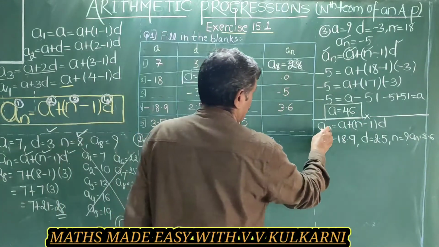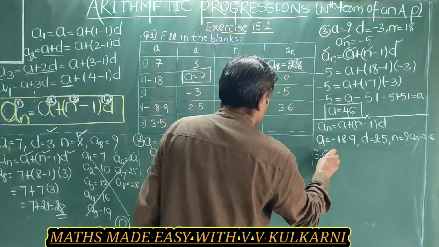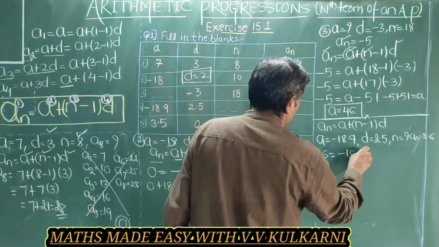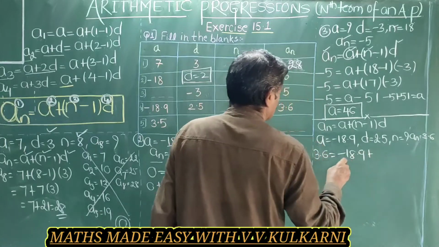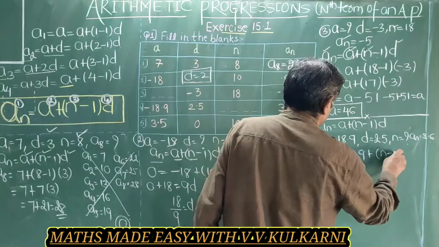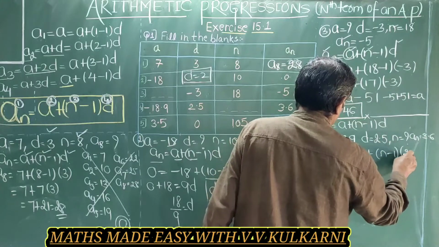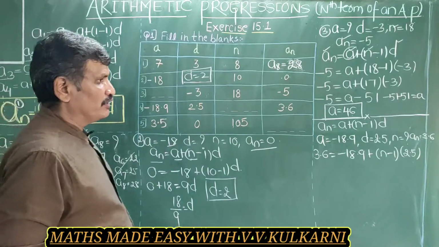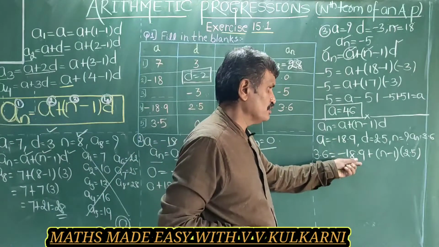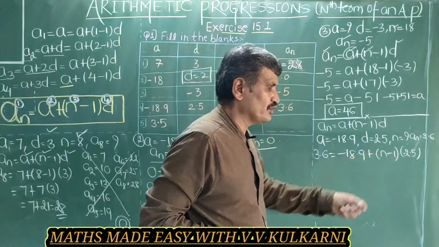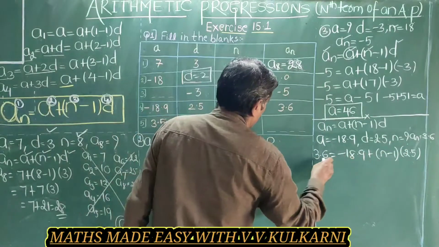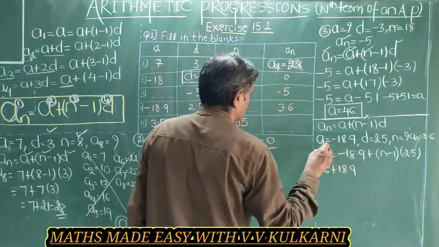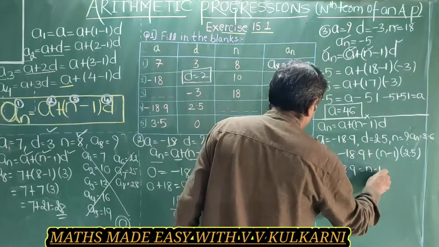The formula is an is equal to, an is how much? 3.6. A is how much? Minus 18.9 plus n I need to find out, common difference is 2.5. Last term I have written, first term I have written, common difference I have written, I need to find out n. If I transpose it to the left side, then this is 3.6 plus 18.9 is equal to n minus 1 into